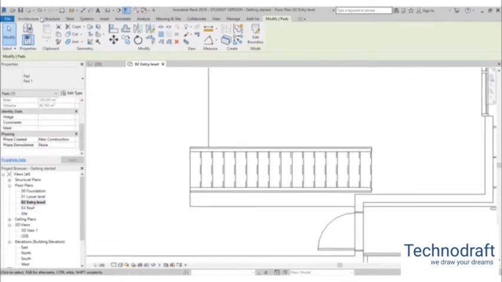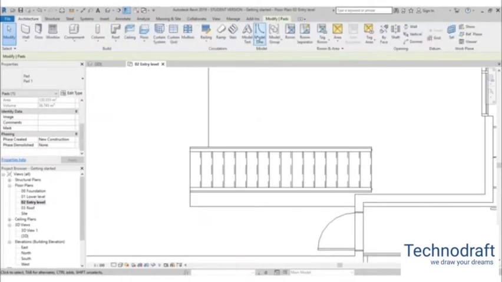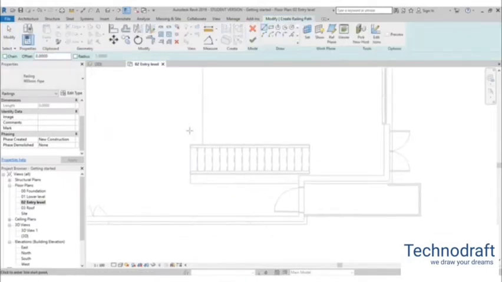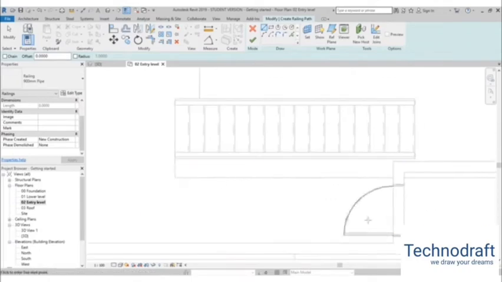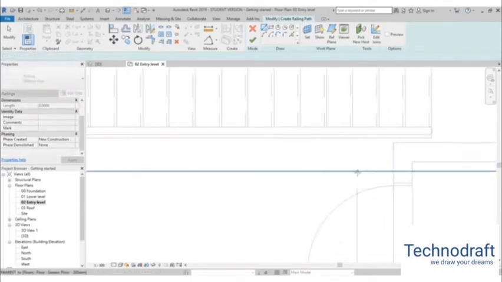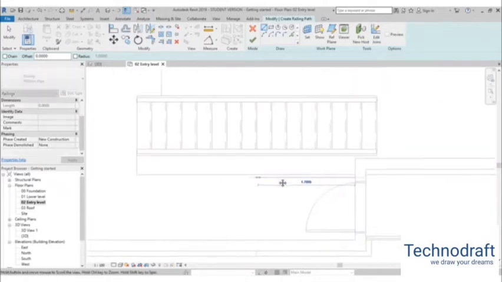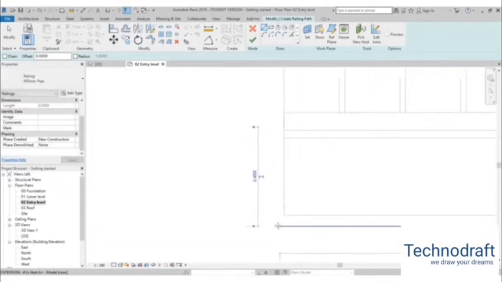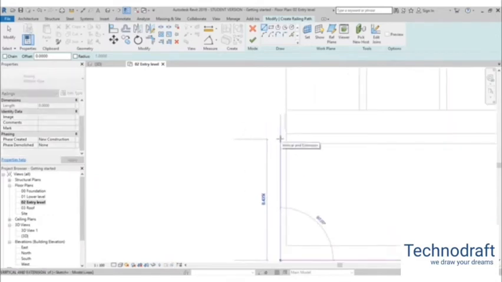That's a nice glass railing, and let's go back to entry level and add railing on the entry part. So to do that, just go here to Architecture, you go to Railing, and now I'm going to show you a quick little trick how to solve railing for this part over here. So I'm going to start from here, or yeah, kind of like that, and create a line that goes like this. Okay, go from there to here,